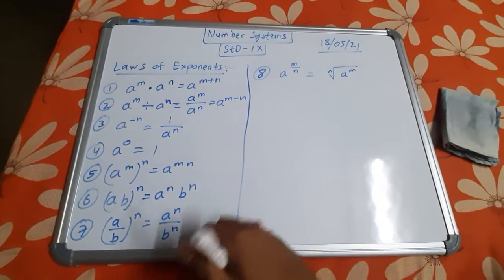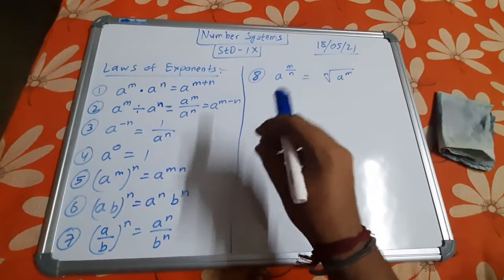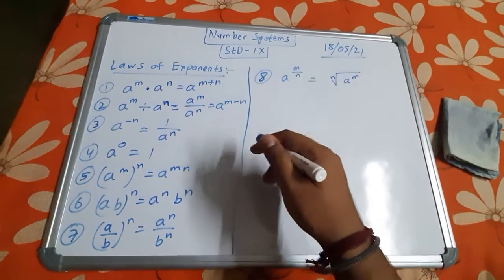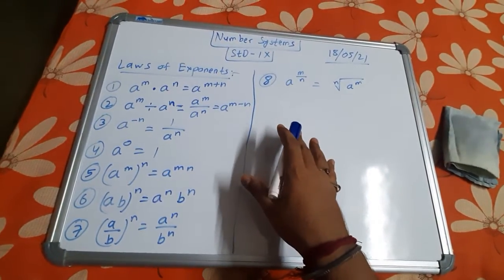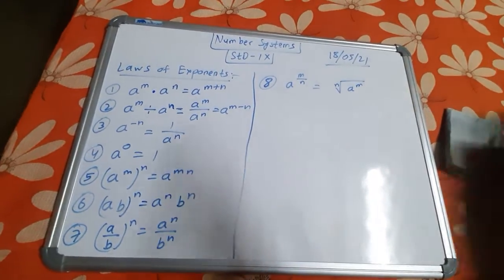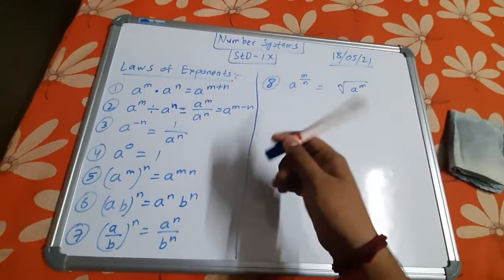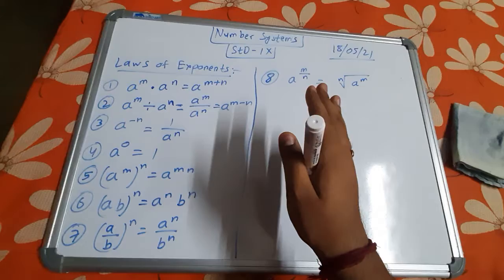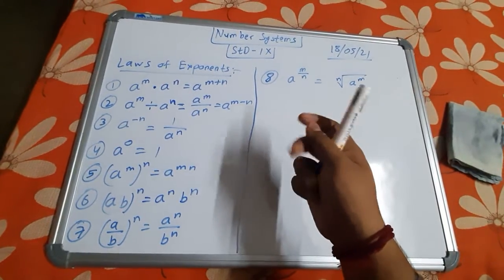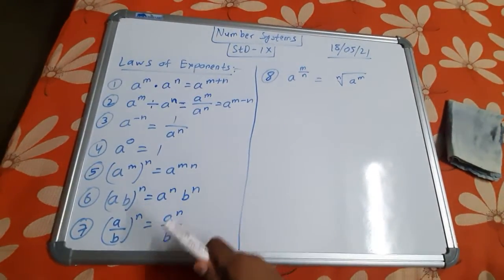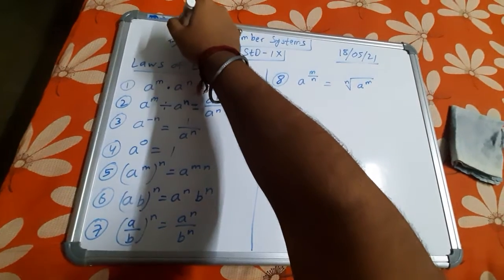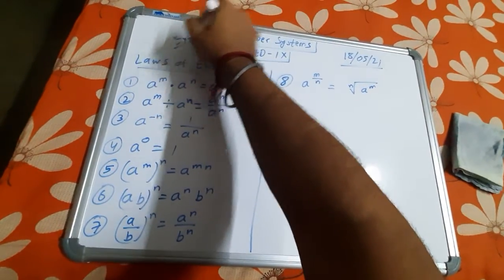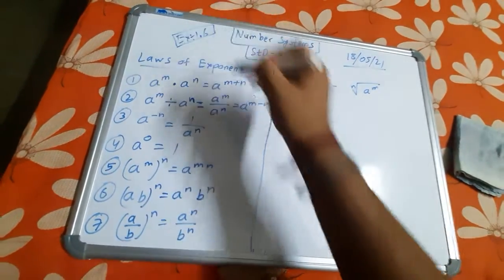Okay, students, so today we will be ending the chapter on number systems. It's the last portion of the chapter, the real numbers, or rational numbers and irrational numbers. The last part of the number system is the last exercise, exercise 1.6, the sums related to exercise 1.6.